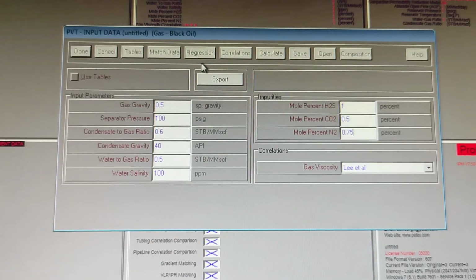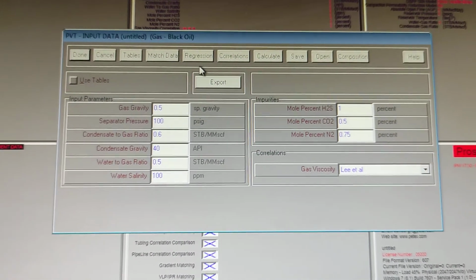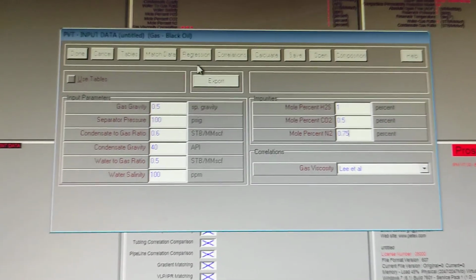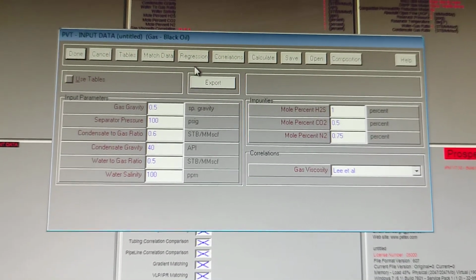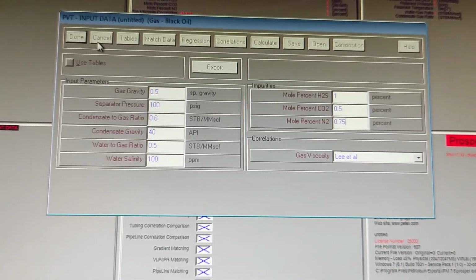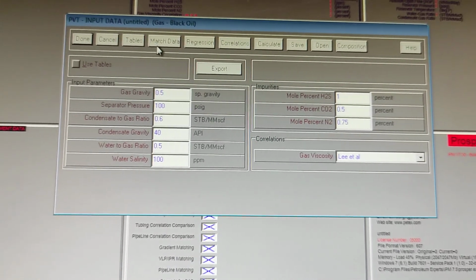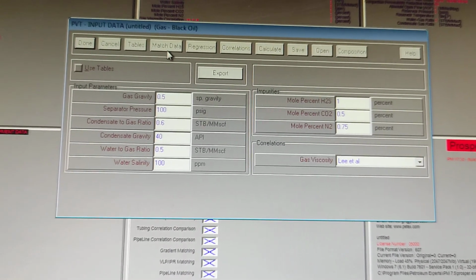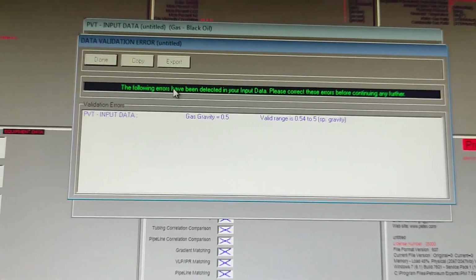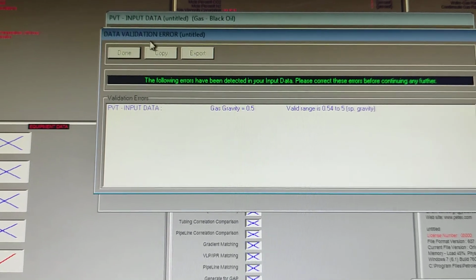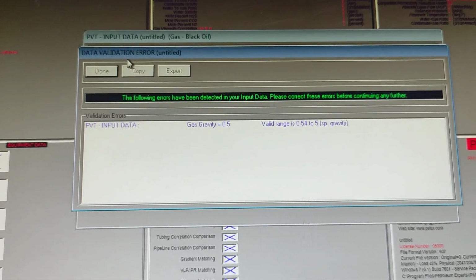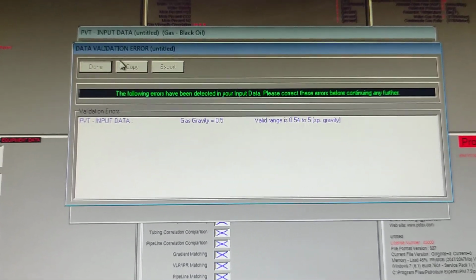As I click on this window, it means that I have completed the second window and I am moving to the third window. For moving towards the IPR window, I have to complete all these steps. Along with this, on the upper side you have various types of data, and you can correlate your data with the previous data. If you have, you can calculate many things. You can change your composition.